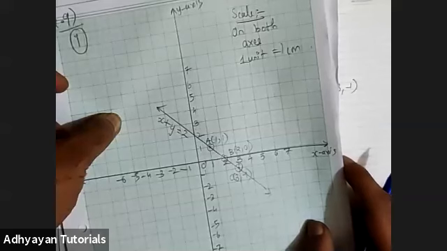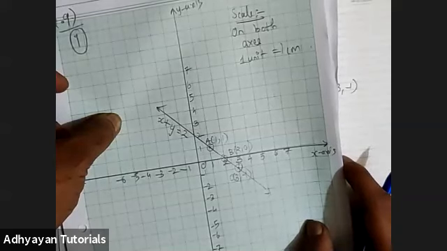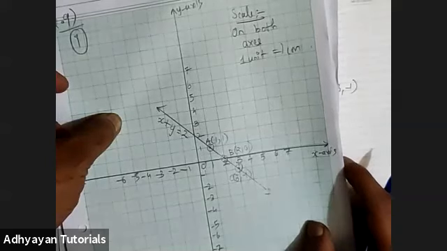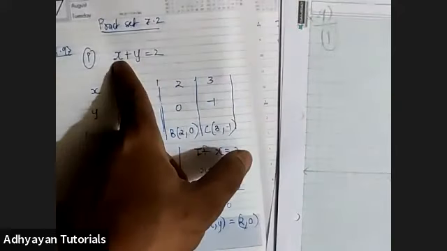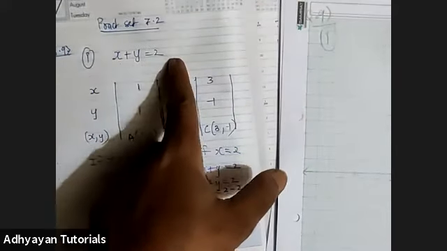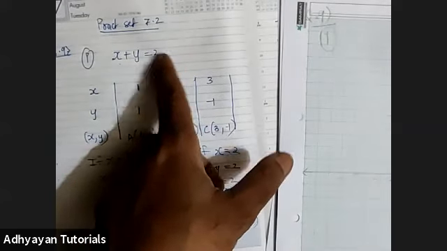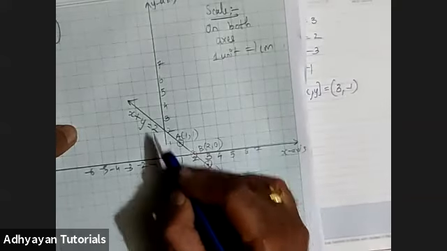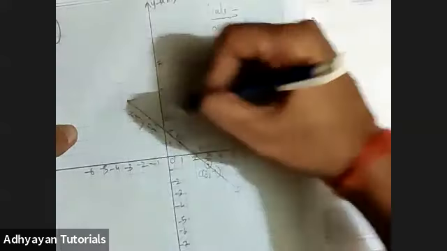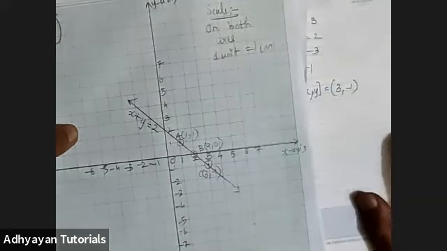Sir, if we have taken x as -1, the sum would be right. Yes, definitely. See, if you consider x as -1, child, -1 goes to the right hand side and becomes 2 plus 1, which is 3. So the value of y will be 3. So -1, 3 is the point here, which again lies on the same line. So you will get the same line. You can consider any random points.